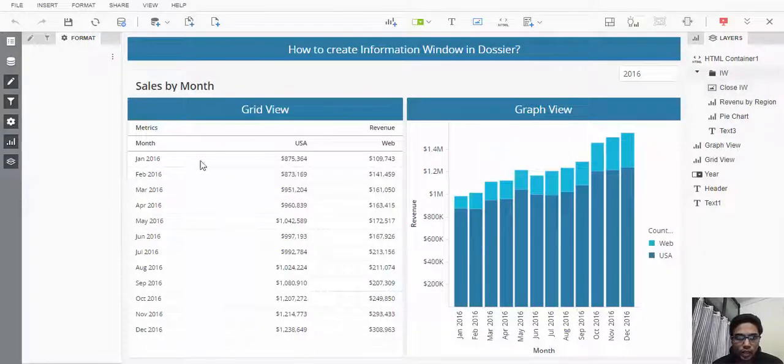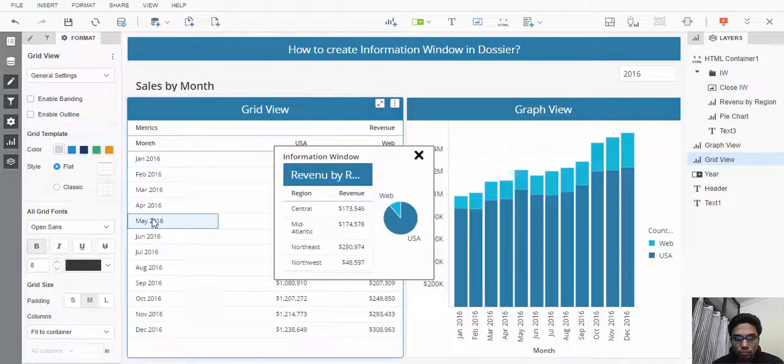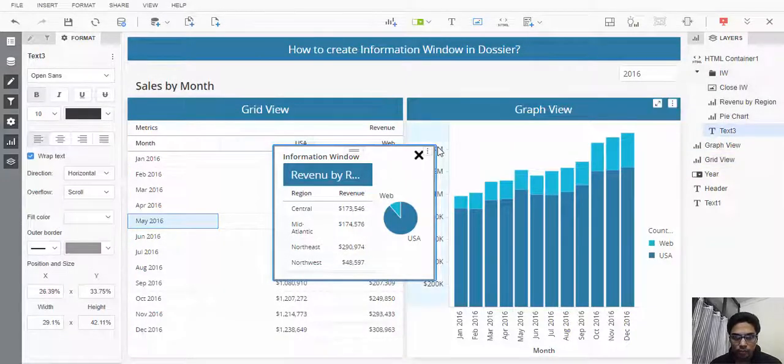Okay, and one more thing, you can create it in that procedure, like make one text box a part of your group, and that will be the background layout and those kinds of things. So it will look like the information window. Okay, so you should include one text box or any visualization which will act as the background layout for the information window.